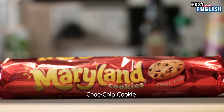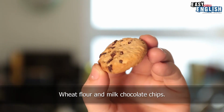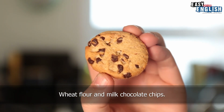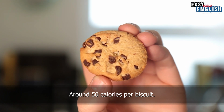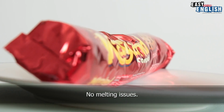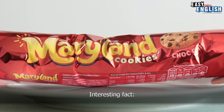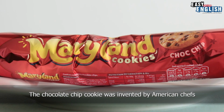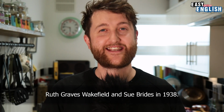Name: choc chip cookie. Origin: US. Ingredients: wheat flour and milk chocolate chips. Nutrition: around 50 calories per biscuit. Strength: no melting issues. Weakness: bit small. Interesting fact: the chocolate chip cookie was invented by American chefs Ruth Graves Wakefield and Sue Brides in